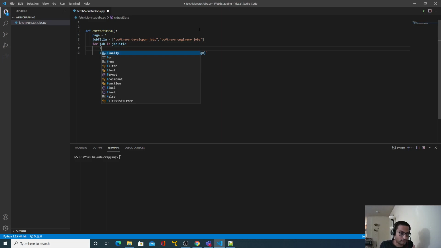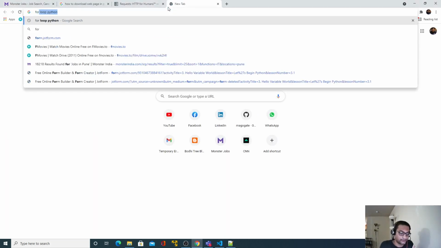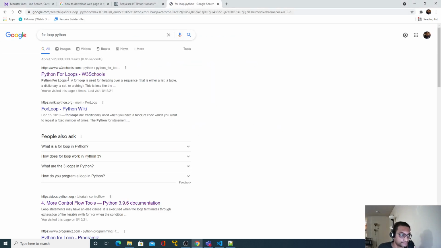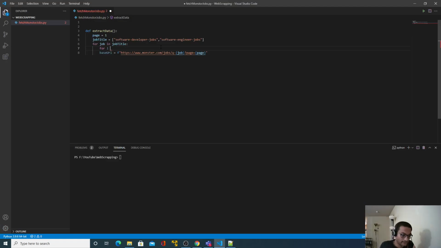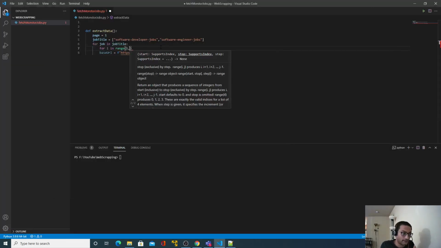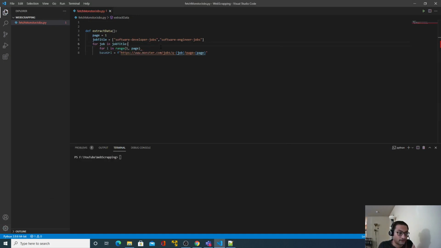So for i in range, we can use range, 1 comma page. The last item is excluded, so since I will use 2, it will go till only 1 page.